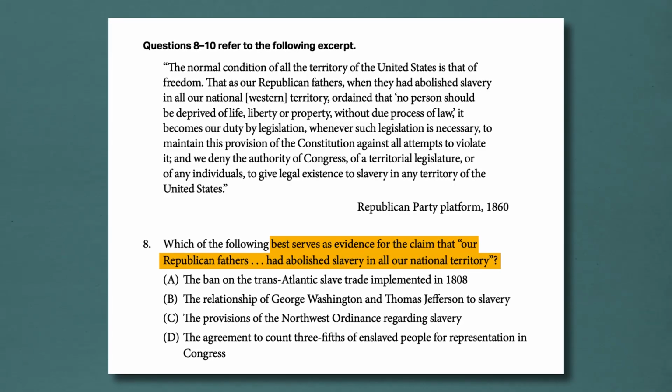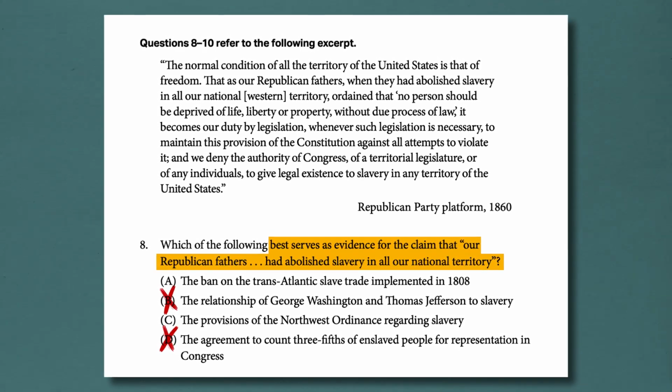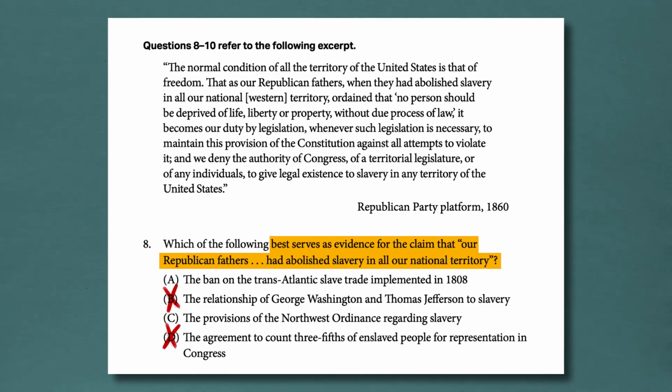Now, if the students know their stuff, then they will identify B and D as the obviously wrong answers because they are factually wrong in response to this prompt. Jefferson and Washington had a kind of tortured relationship to slavery, but that had nothing to do with abolishing slavery in the territories. And the 3/5 Compromise basically sanctioned slavery in the southern states. So those are the 2 obviously wrong answers, and then the